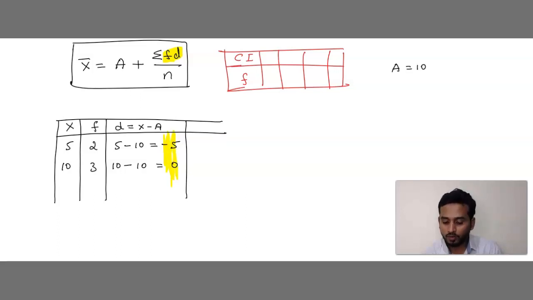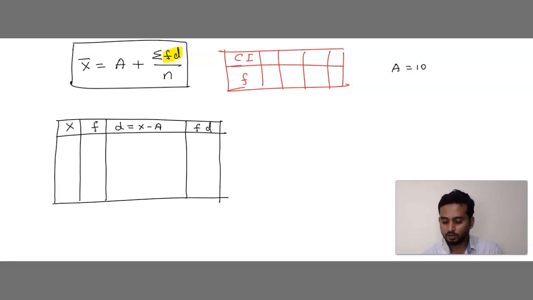Now what we want? We want fd, f into d. This answer and this answer you multiply, f into d. That is fd. Example, plus into minus is minus, 2 fives are 10. 3 zeros are 0. Can you see this? These are all the values of fd. After I multiply f and d values, we get fd values. Are you getting, children? See, I am showing you the structure, how exactly you have to solve the problem. We got fd. That's all we need, right?